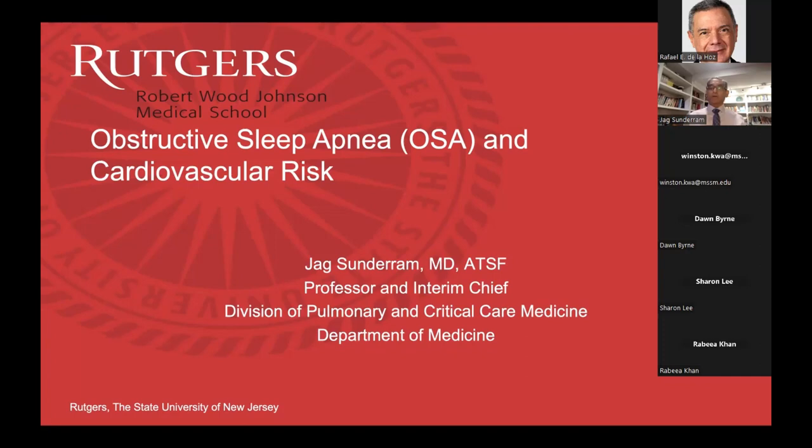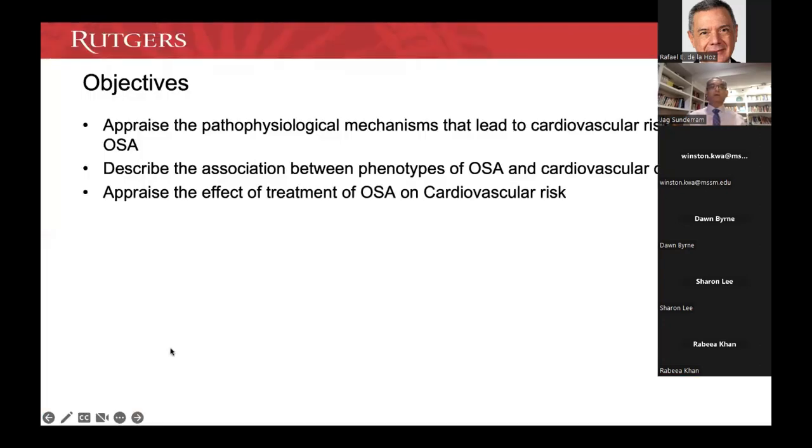So what I'm going to do today is talk about a few things that I think everybody is aware of: OSA and the cardiovascular risk. But what I decided to do is to look at the various phenotypes of sleep apnea, and I'll describe what they are, to determine cardiovascular outcomes, and then whether the effect of treatment makes a difference on outcomes. And this is important because we place patients on therapies that often they're not compliant with.